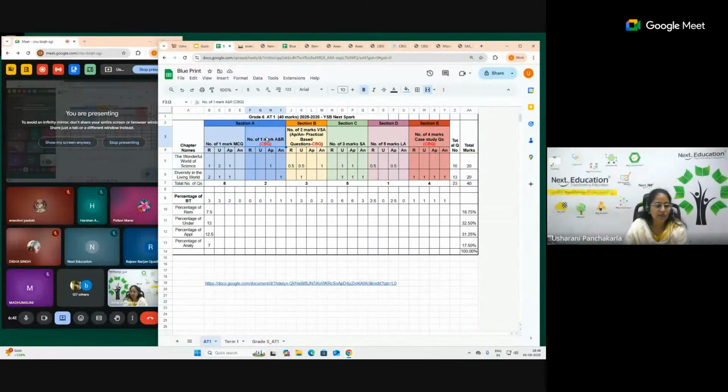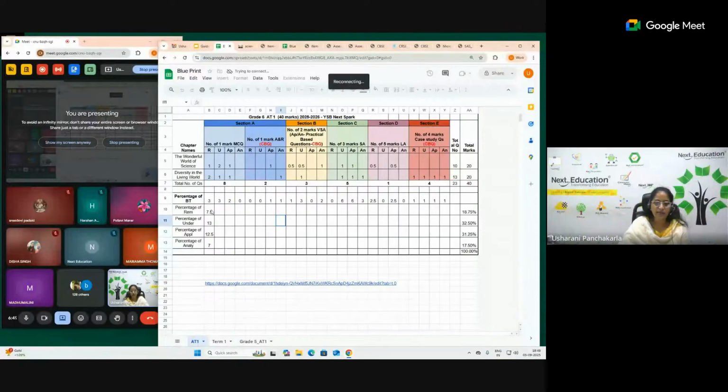So 50% is what I can say is the technicality or the toughness of the question paper that we are releasing. So I have given emphasis only on these three things, and that is my percentage. How did I get this percentage? Because these are all calculations. It is considering only the application and analysis, and obviously this information. So if you see here, this information is coming from here, all the remembering, all the understanding. That data will be captured here, and that data will be captured here.